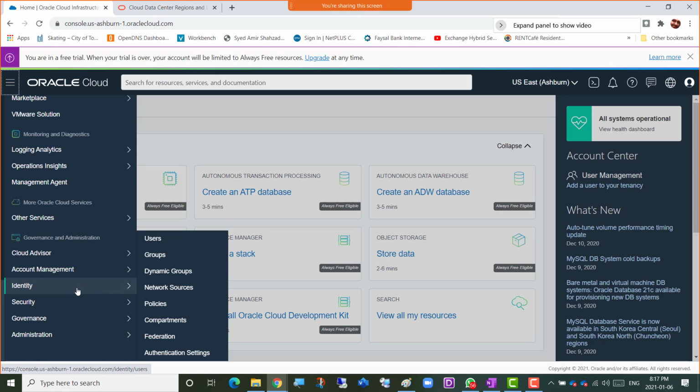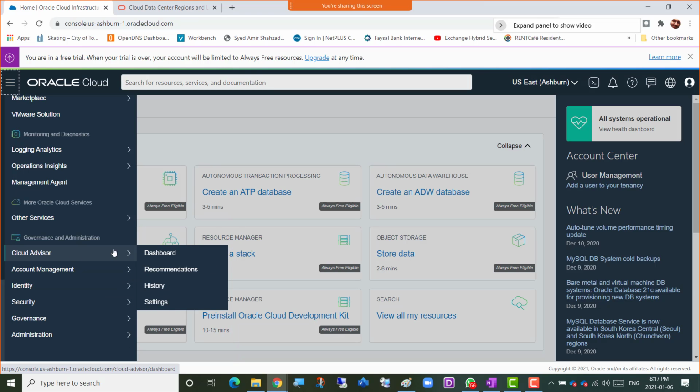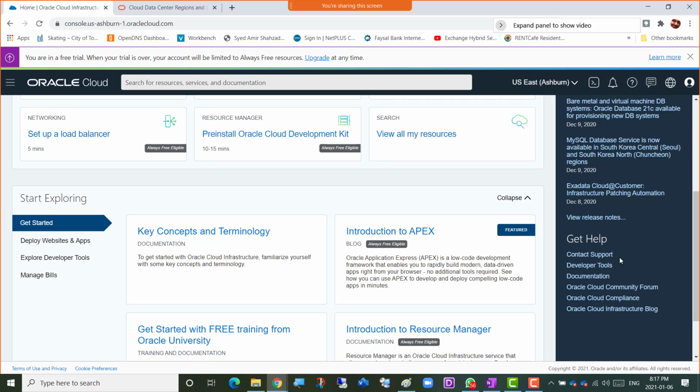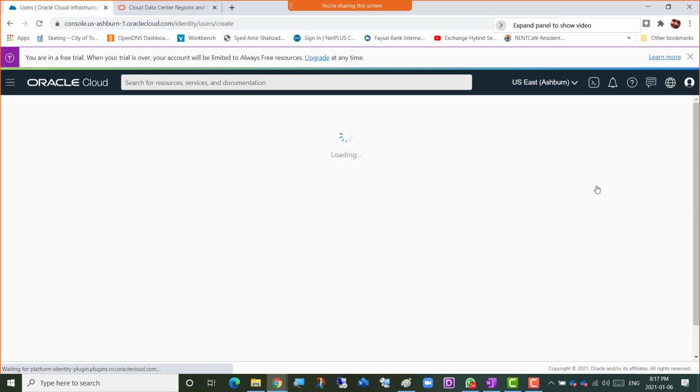IAM is also Identity and Access Management, Security Overview, Cloud Guard, Security Zones, Vault, Governance, Tenancy Explorer, Quota Policies, Limits, Quotas, and Usages, and then Administration. So tenancy details, region management, announcements. So basically we can go on the right side to this user management, which, if I go down further, is just documentation and just the news. So if I go to add a user to your tenancy,